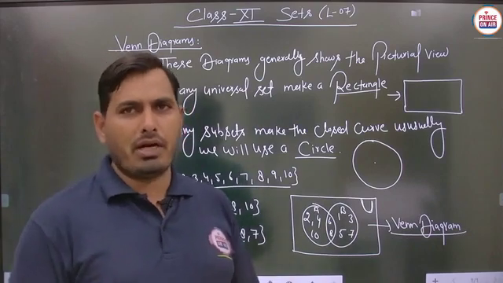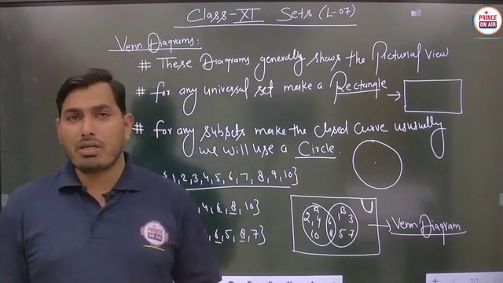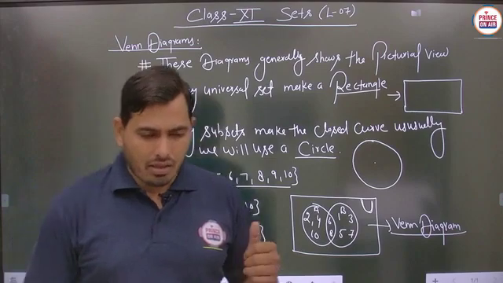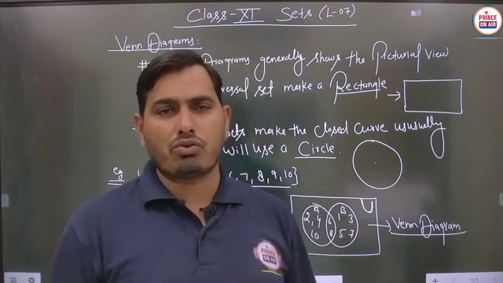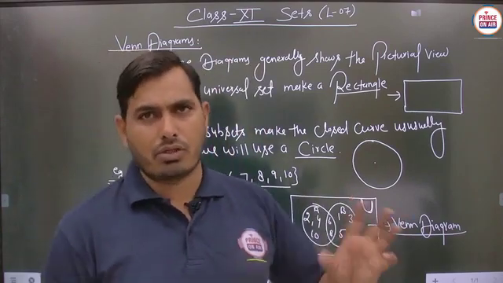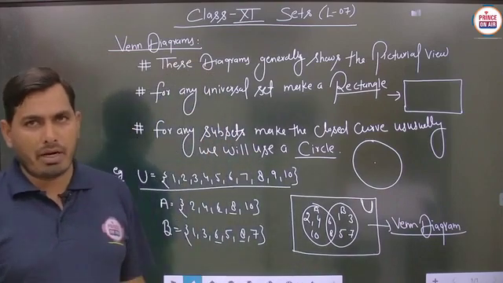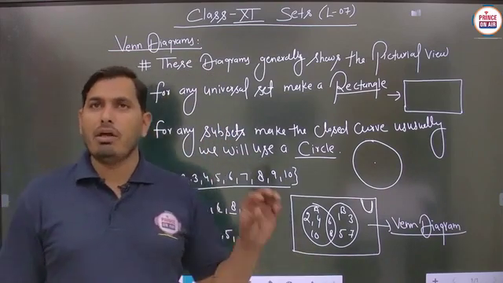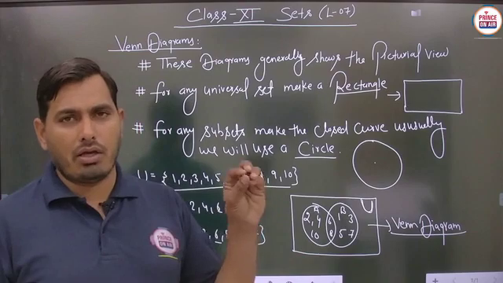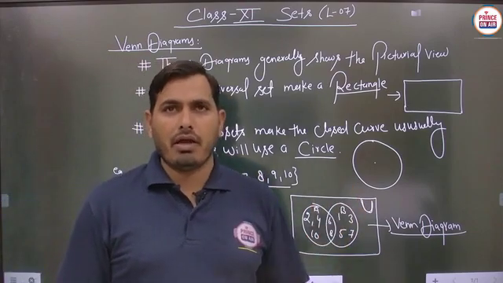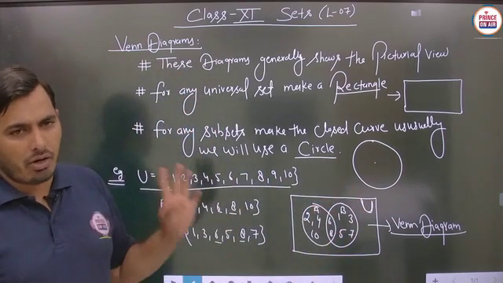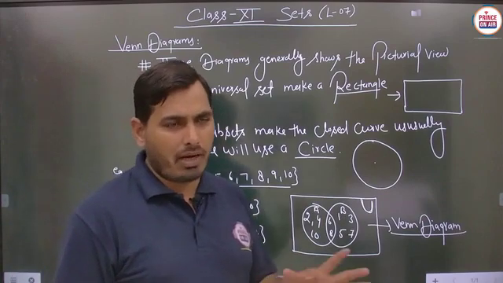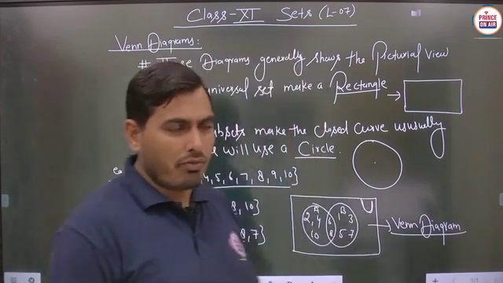So the very first part, we have to discuss the operations applied on the sets. Then, students, each and every operation should be denoted by a Venn diagram. We have to keep in mind the basic thing regarding the Venn diagram: we draw a rectangle for the universal set, and a circle for any kind of subset. Is it to be clear? So pause the video to note it down.